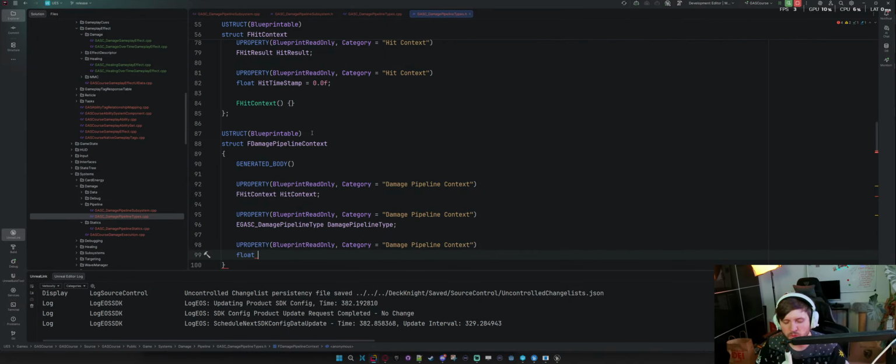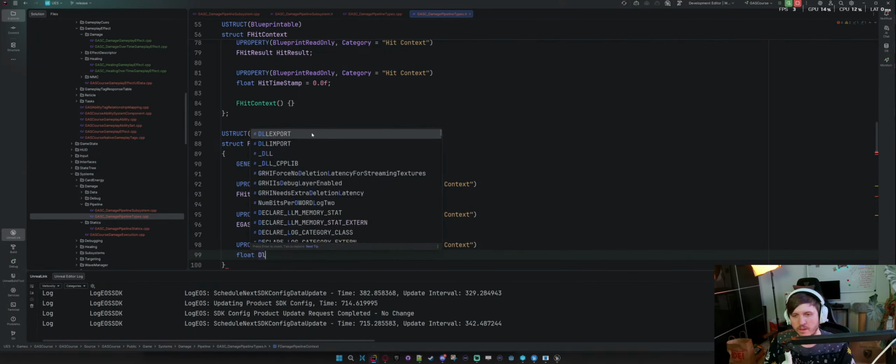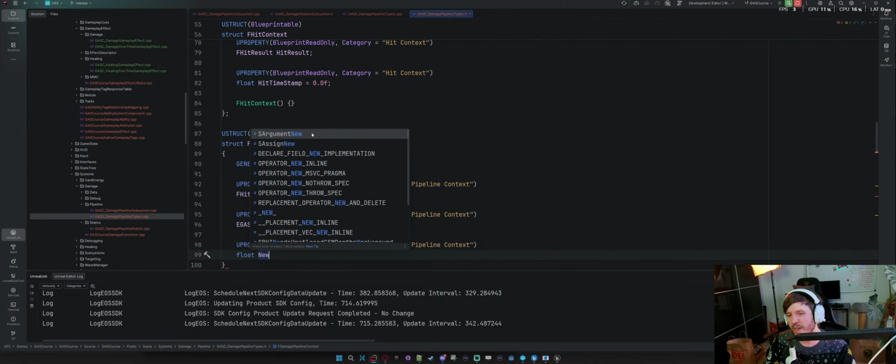This has to be what, like value? Delta? Not sure what the best way to word this would be. So float, maybe new value?